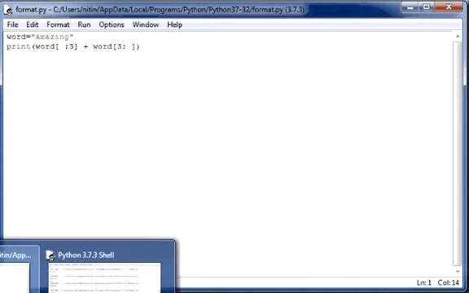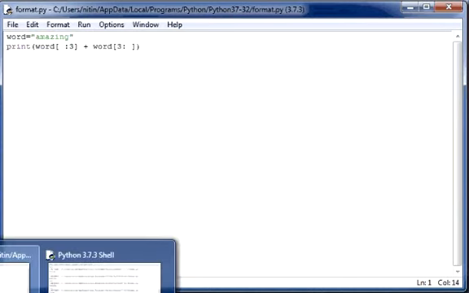Now I am going to explain the string programs. The first program is to read a string and display it in reverse order. Here we are reading a string with the help of the input function, finding the length, and printing the string in reverse order. With the help of a for loop and backward indexing, we print the string in reverse order. It will start from minus 1, go to minus length minus 1, and the step value is minus 1.